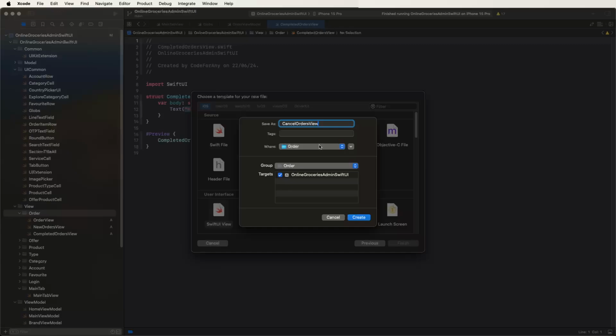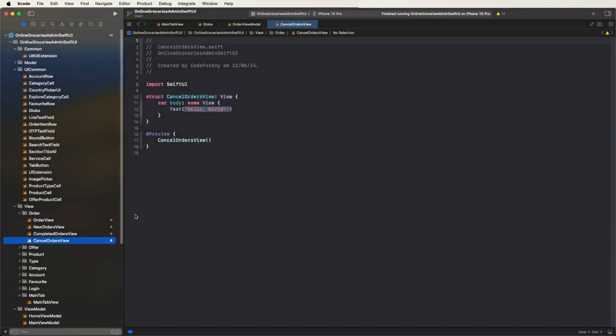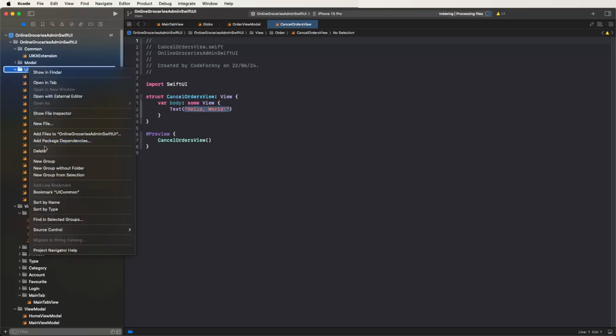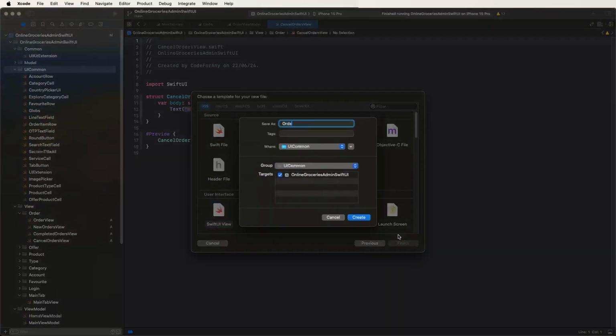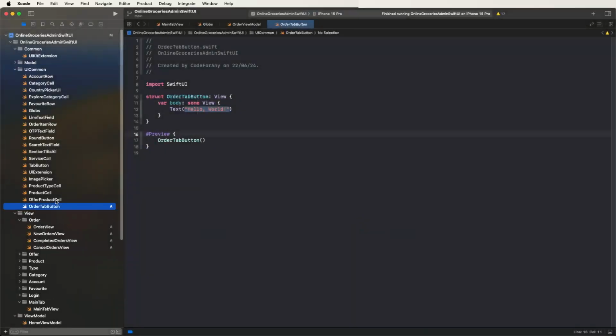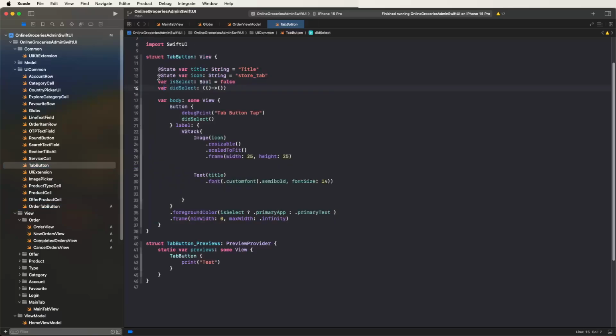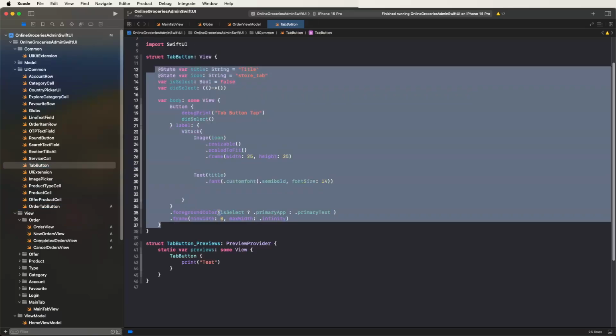Orders view, like this we create it. And we need the order tab, so we create another file and give it the name Order Tab Button, like this. Now first of all, we need to copy this tab button